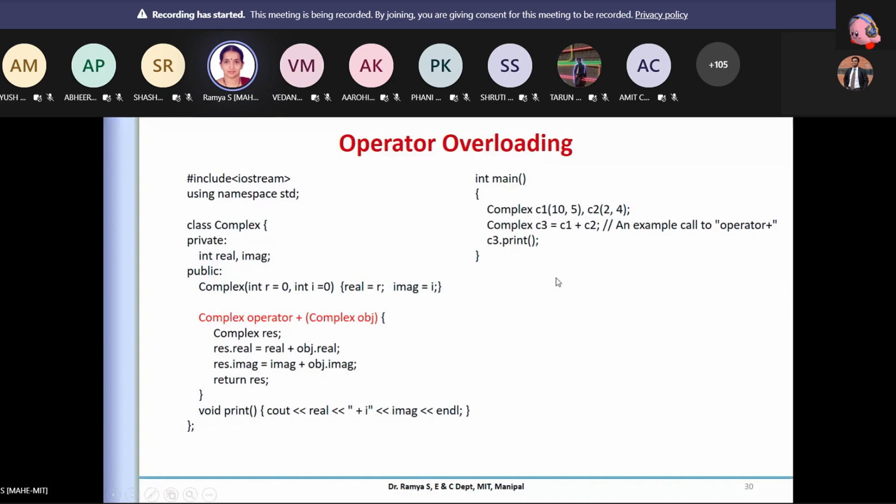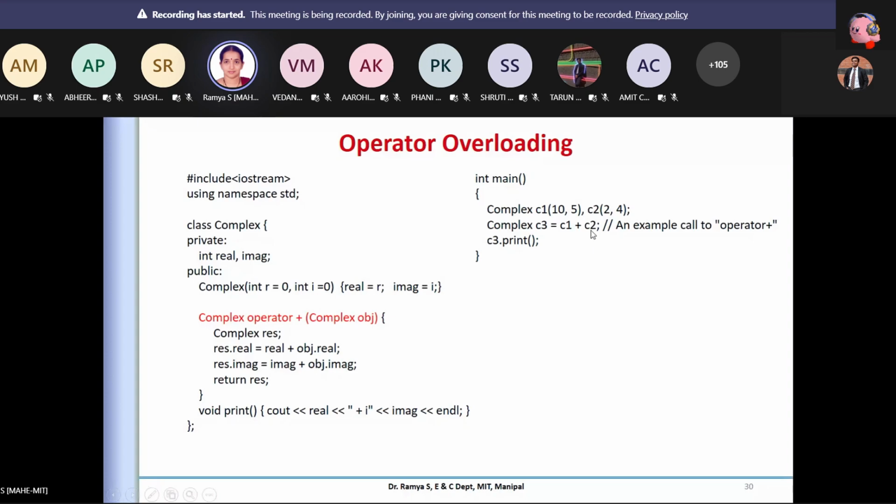Fine. Are you able to make a note of what you have to note in operator overloading? The first one is the keyword: you are required to use operator, followed by the symbol you want to change. And the way you call it is not object dot, which is the usual way of calling a function.